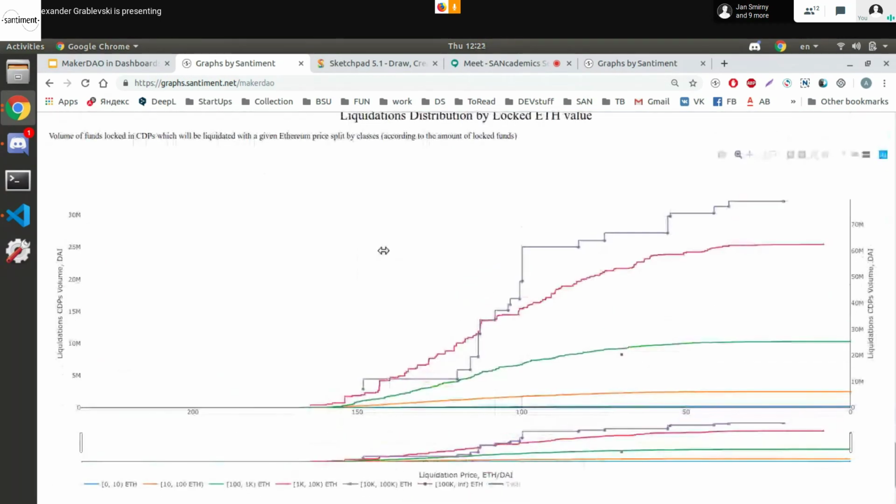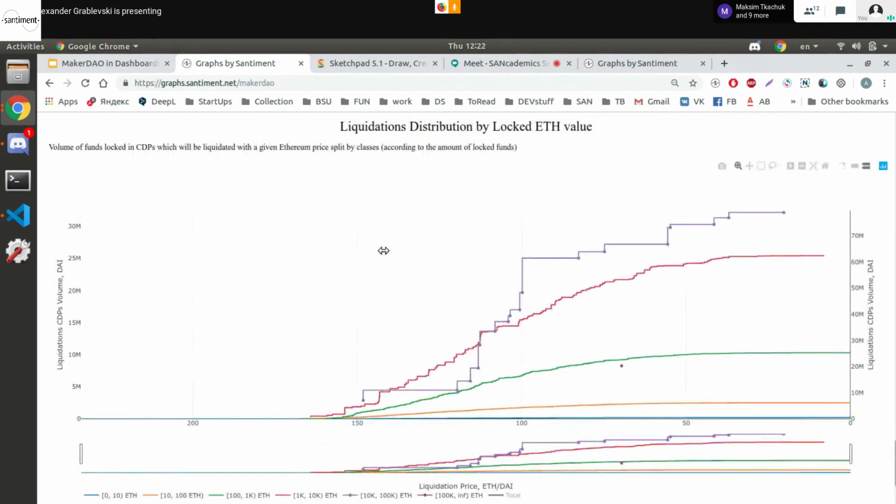One question. So the current price of ETH is lower than that? Yeah, that happens actually. I'm not sure about the current price of ETH. I think I'm just looking at it now. It's in USD, $177. Yeah, so that's this point, and you see that there is some volume of CDPs that should be liquidated,